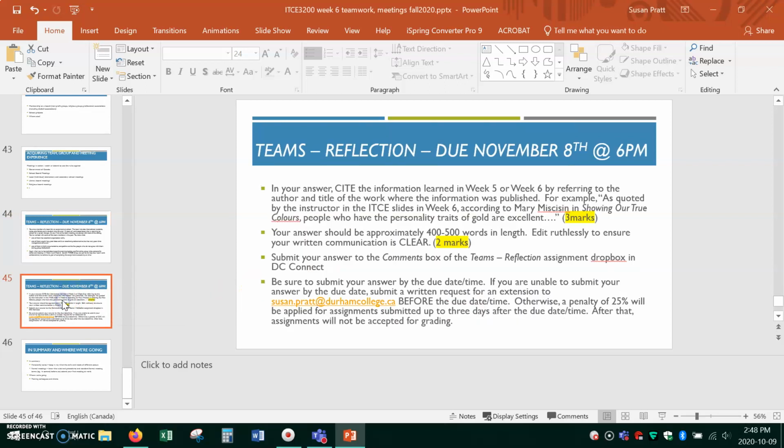So specifically, in your answer that you post, it's about a 400 to 500 word answer. I want you to cite the information that you learned by referring to the author and the title of the work where the information was published. So in my example here, I've said, as quoted by the instructor, that's me, in the ITSE slides in week 6, according to Mary Missison in Showing Our True Colors, people who have the personality traits of gold are excellent,